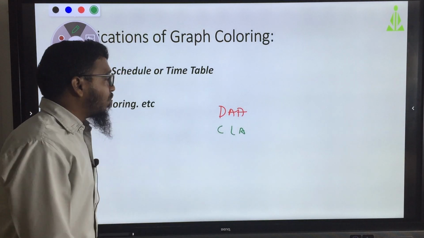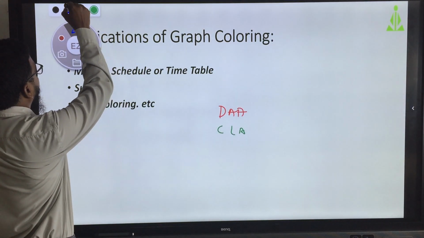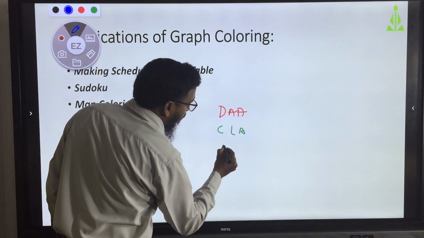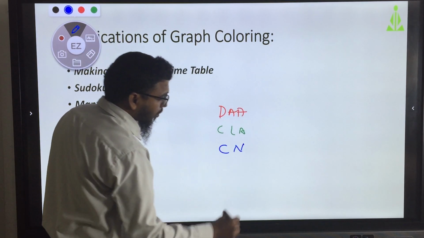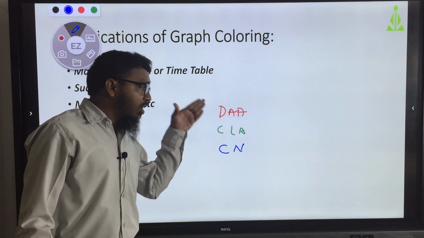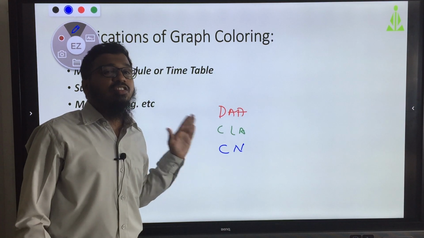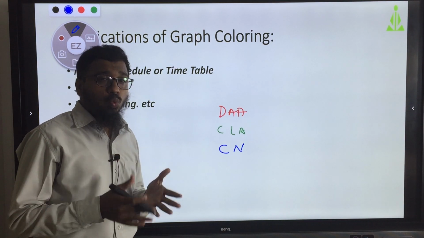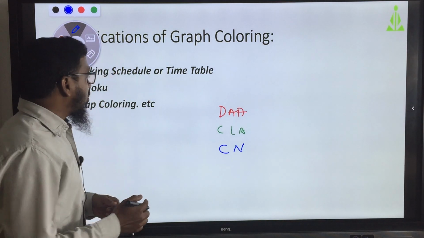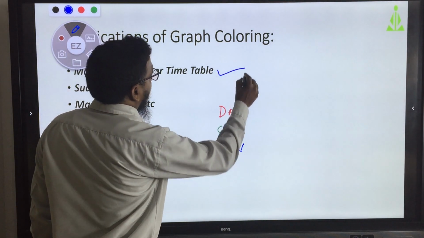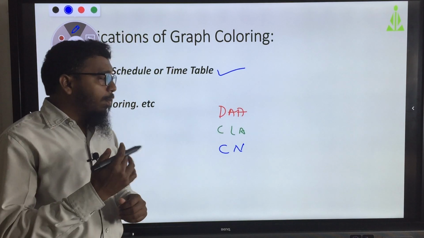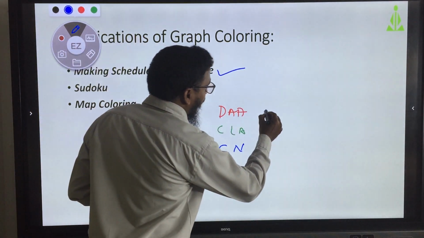And if you have a different one, for example, computer network, when you give the subject name with a different color, then it can be easily understandable for the students as well as faculties. So this can happen in a schedule or timetable, and mind map will be there.